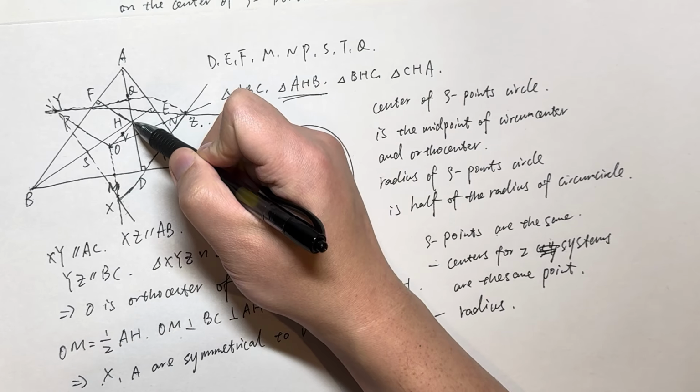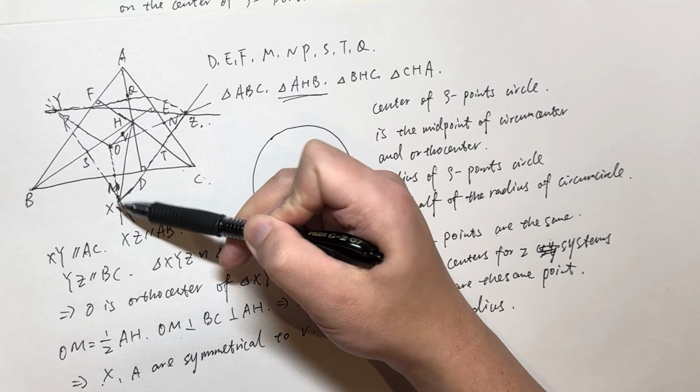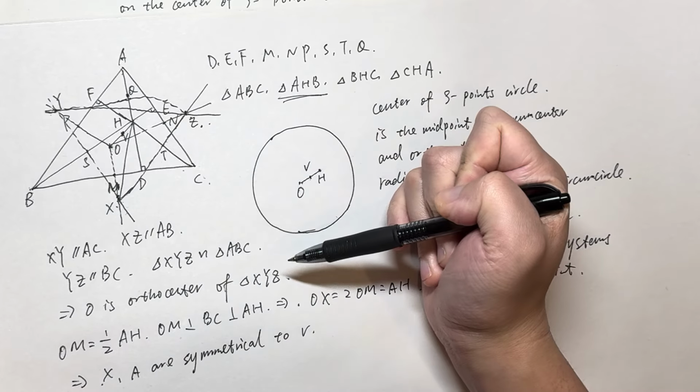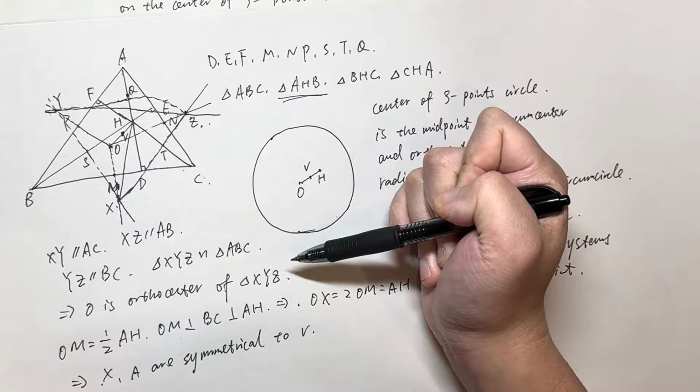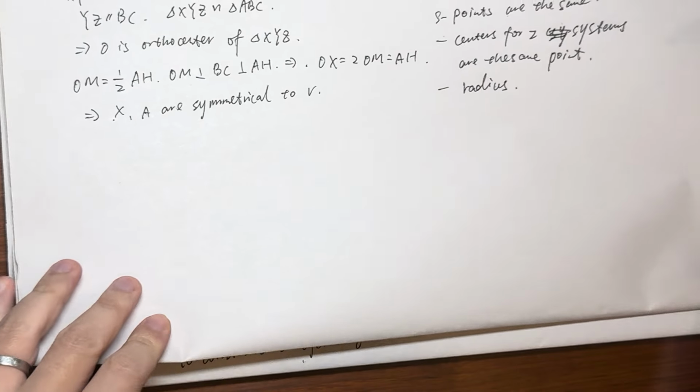And what is HX? HX is a radius of the circumcircle of the triangle BHC, right? And if you remember that we had the property on the